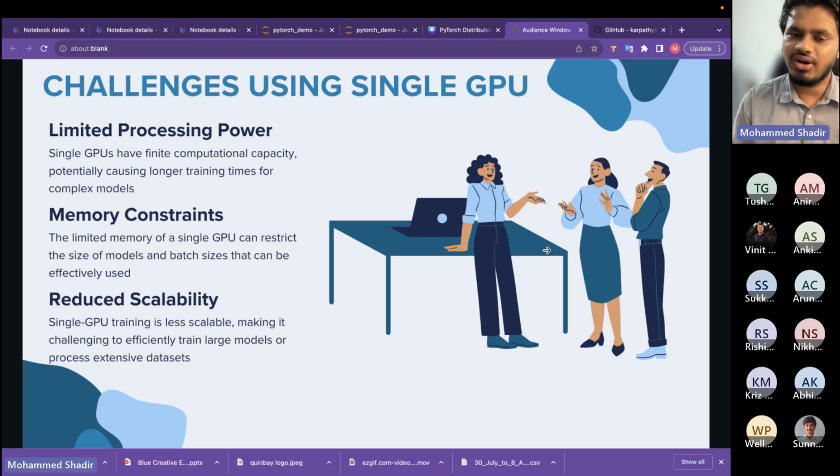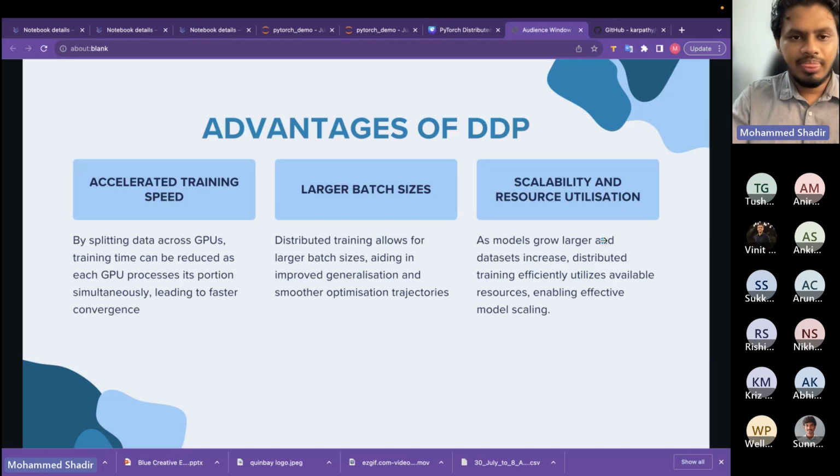For example, in our real example, what we have done is, for the guns data, we had not just the text model but also the image model, which wasn't fitting into a single GPU. So we had to use DDP, distributed data parallel, for processing that. Okay. So how does DDP overcome the challenges faced when using a single